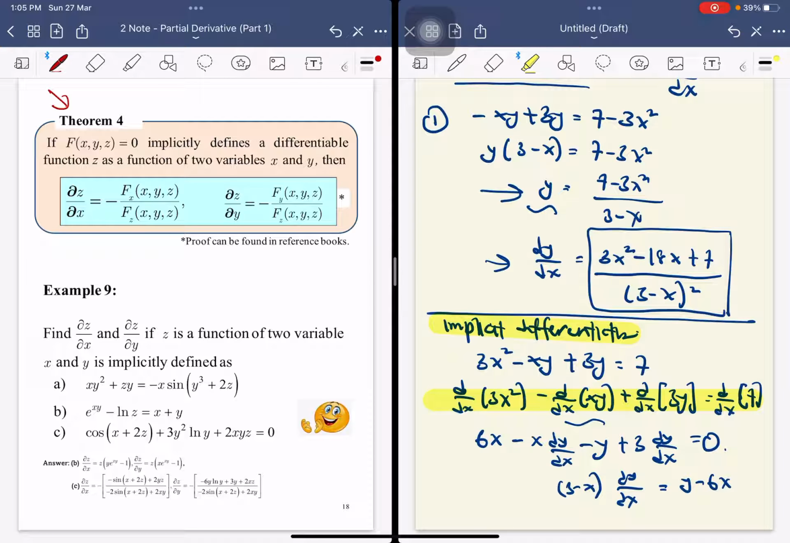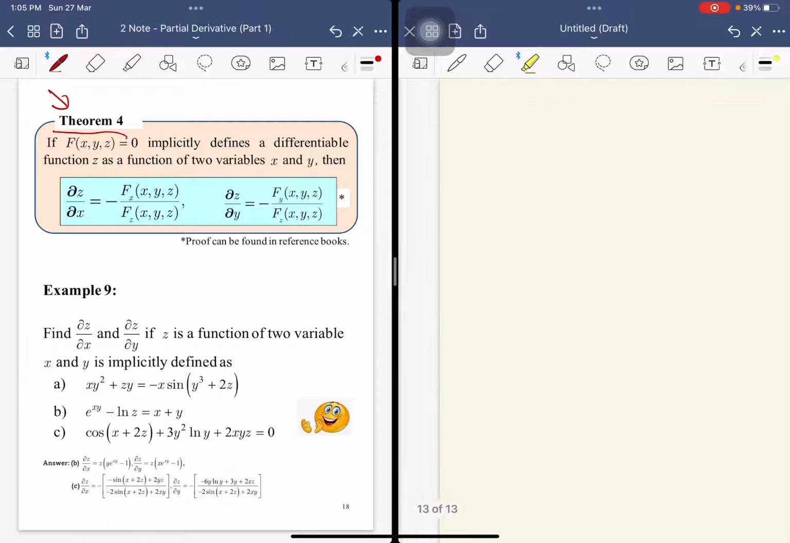Okay, so I would suggest you straight away use theorem 4 instead of using normal implicit differentiation, but it depends on you. So how can we use theorem 4? The idea of theorem 4 is that you have to write it in this form first, which means that from the given